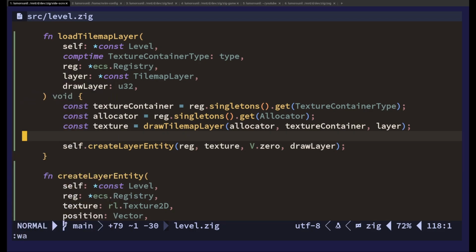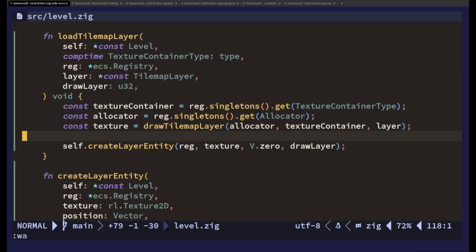Now, let's see. As I said, these textures are sort of like free floating textures that we don't really unload, I guess. Well, we do. I think Raylib keeps track of all the textures and is going to unload them at the end of the program, and everything gets released then anyway. It's going to unload it at the end. The only situation where it's going to happen, we're going to have to